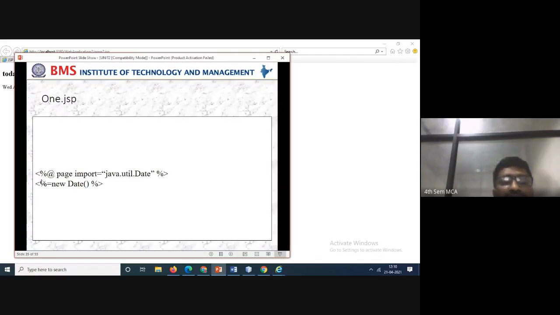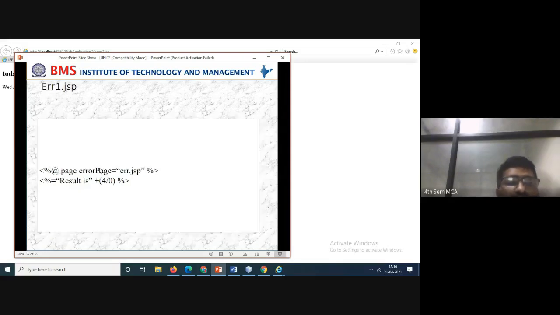Here the syntax is nothing but here. See the syntax. What is the syntax? At page import. So you have different versions of the way of writing the code. We have seen the expressions in previous classes, and page import. So how we can import the packages and use whatever things you have, this is one.jsp. Now error messages. So here is at page import, page error, display messages, and you can write the result is 4.0 and you can write the messages. So here you can see the example.